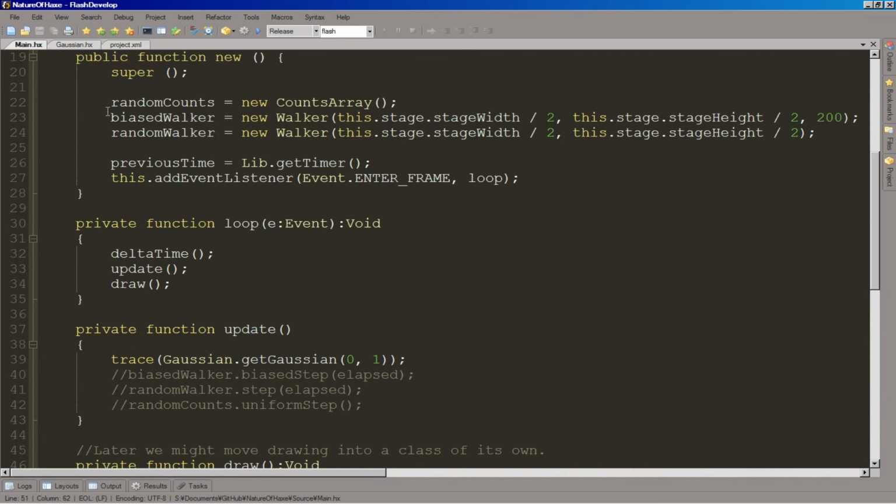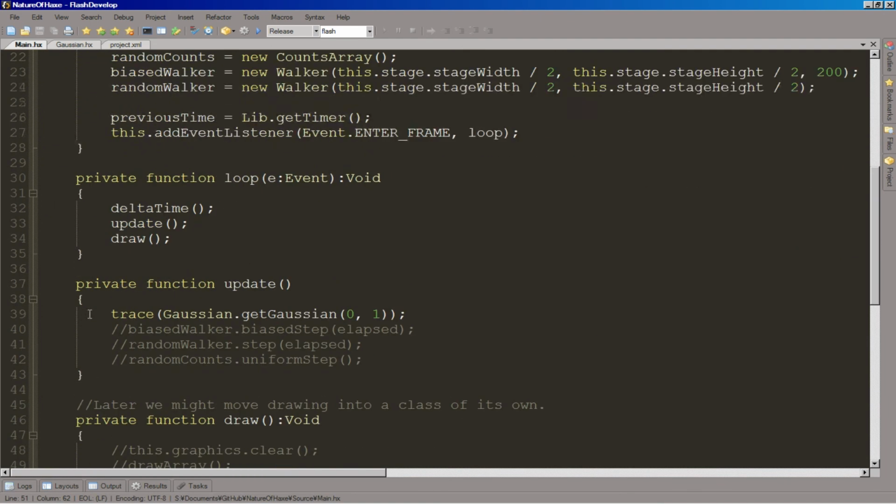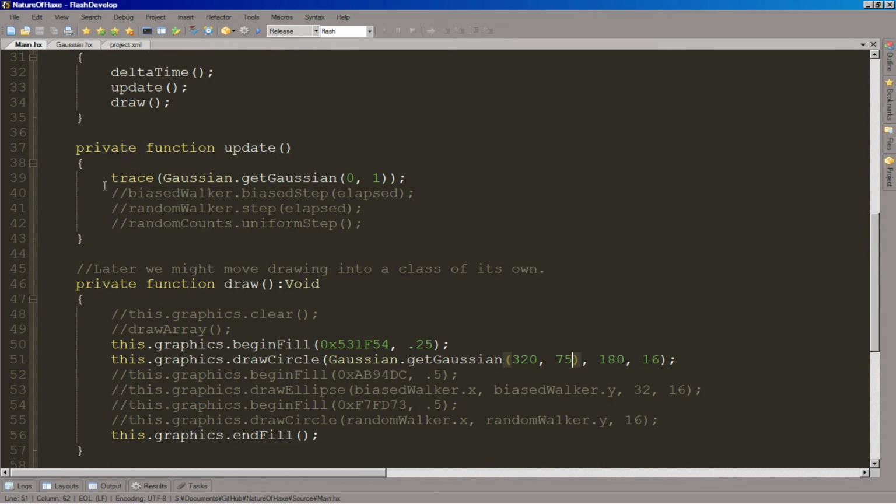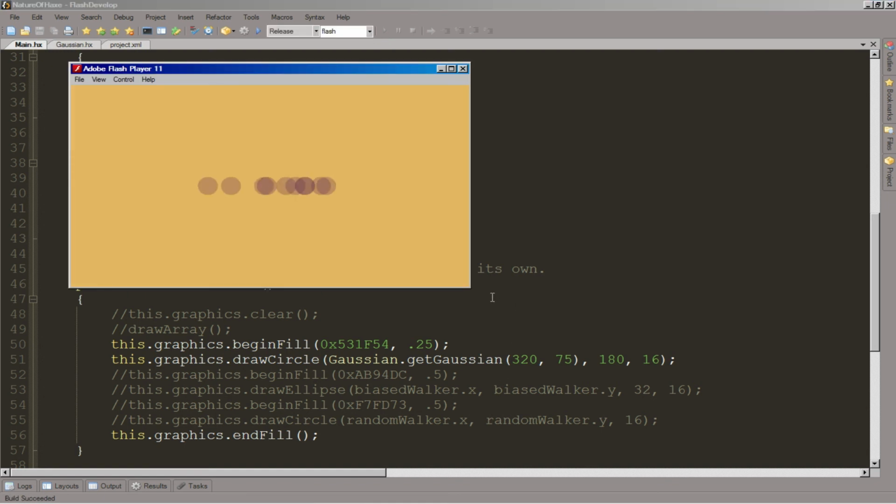We don't really need that. Trace was in update, wasn't it? Yep. Yeah. You can see it's kind of grouping around the center, and very rarely it kind of pops out to the side. So I think this is essentially